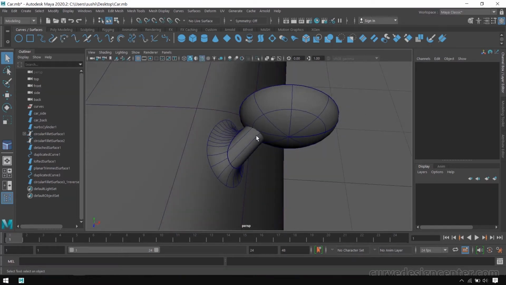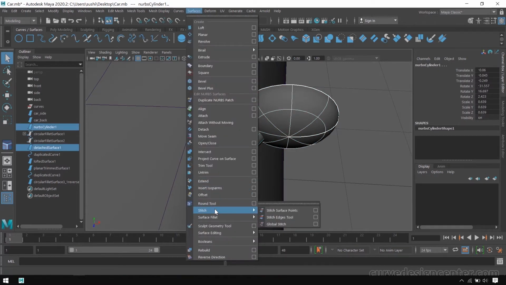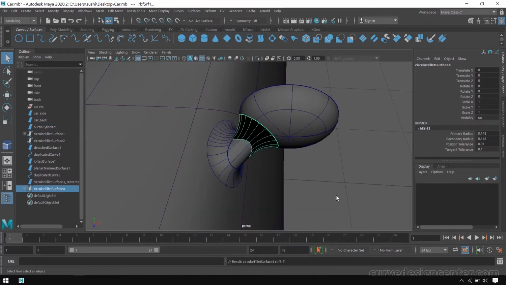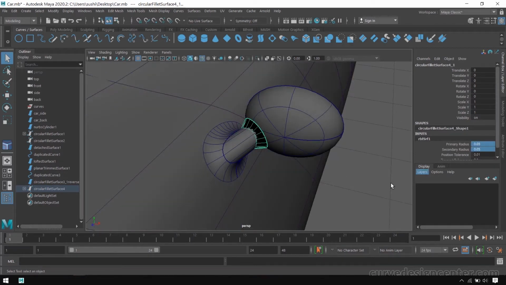The same surface fillet tool I apply in between these objects. First select these two, then go to surface, surface fillet, circular fillet. First make changes in the surface fillet. I place a value of 0.05 for the fillet radius and then I change the surface direction.